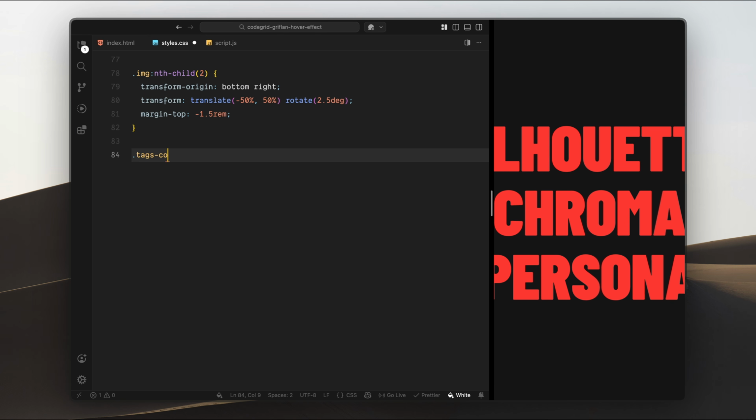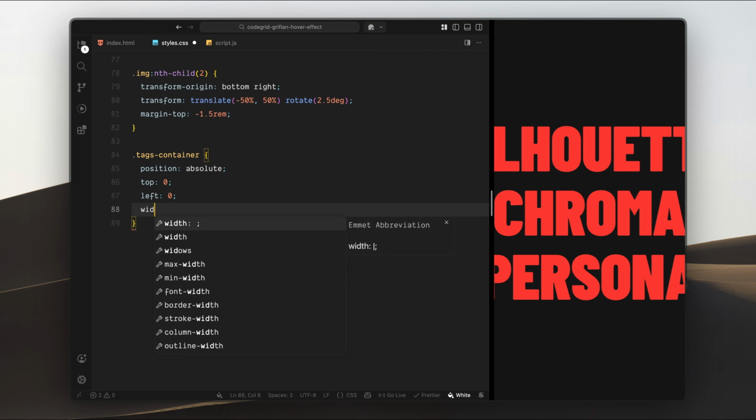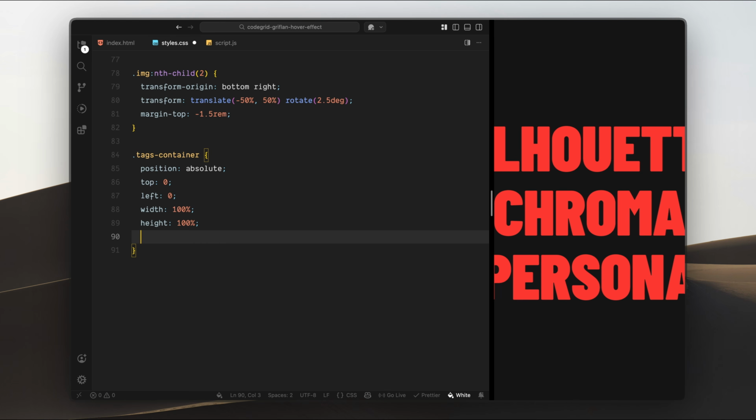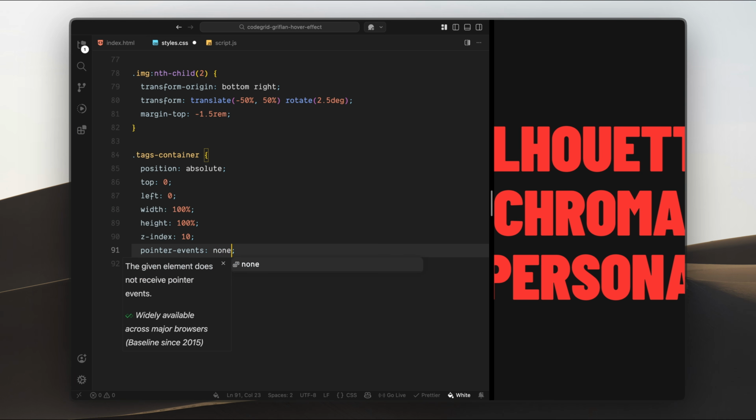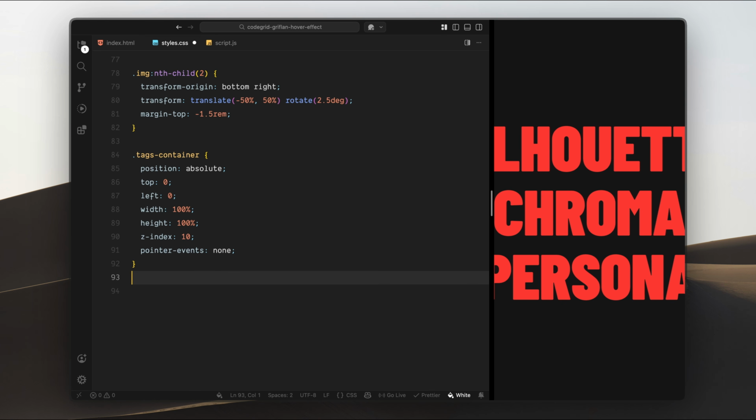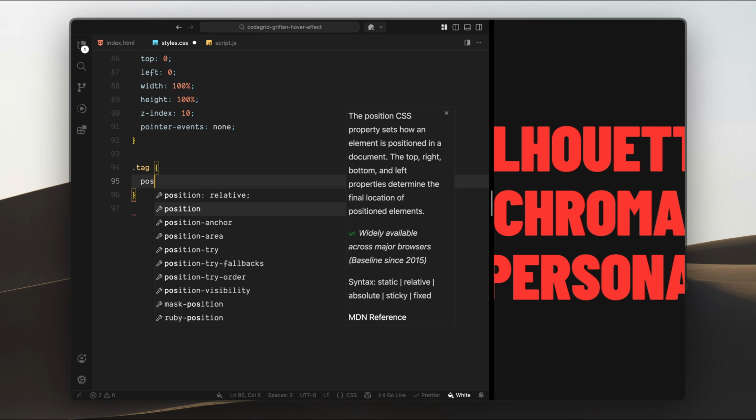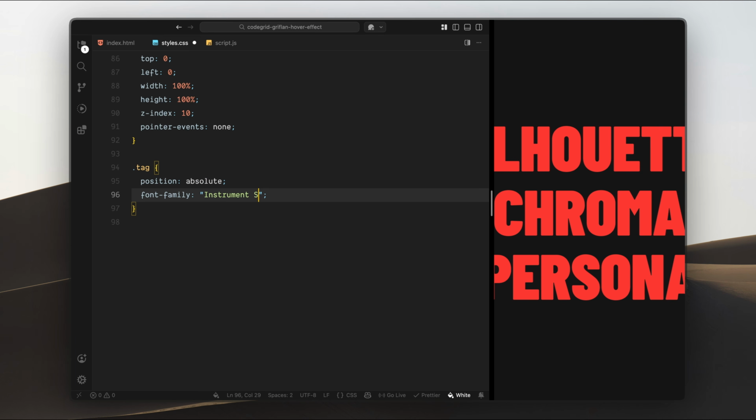Next, we have the tags container. This is the wrapper that will eventually hold all the falling tags. It sits absolutely on top of the full service area, fills the whole space, and gets a higher stacking level so the tags can appear over the title and images. I'm also turning off pointer events here because these tags are purely visual and we don't want them interfering with the hover behavior. Now for the tag elements themselves, these are positioned absolutely since their placement will be controlled dynamically